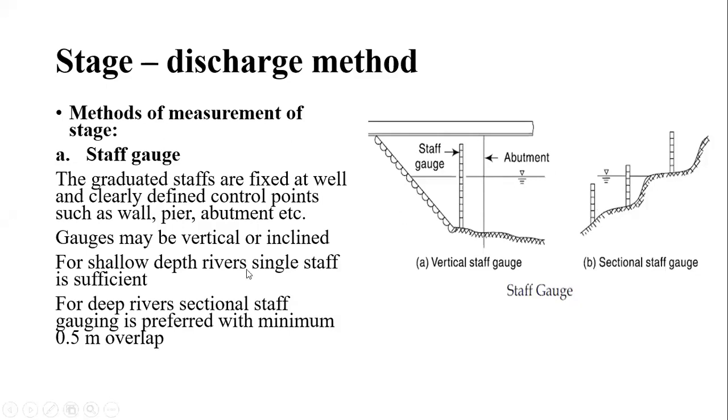Okay, so likewise we have to erect the different metric staffs at different locations. Sectional staff gauging. So one by one we used to erect the metric staffs and we used to measure. Suppose that this is of a 5 meter height, isn't it? But beyond that, if the water level is there, in that case we are unable to measure the water depth or water height, we can say.